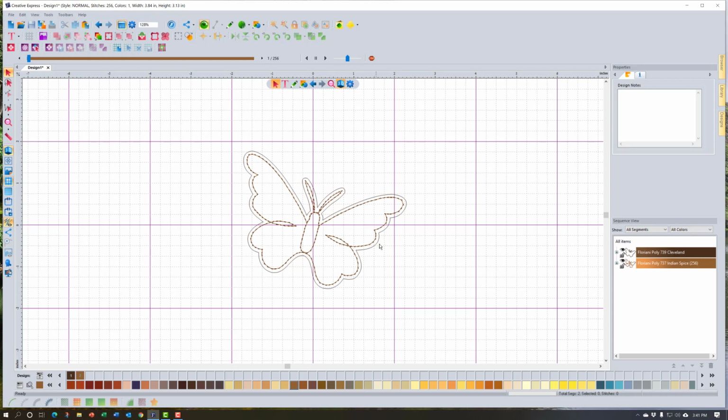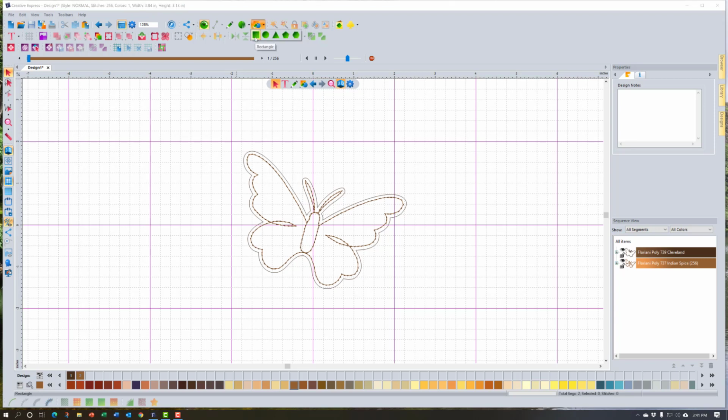But right now I want to show you one of the fun things you can do with that outline. One of the most common things we do with that outline is use it to create a trapunto design using this embellishment as a base. So to do that, I first of all need to define the outside of my quilt block. So I'm going to come up here to my rectangle tool, which is my predefined shapes tool. I'm going to click it once,